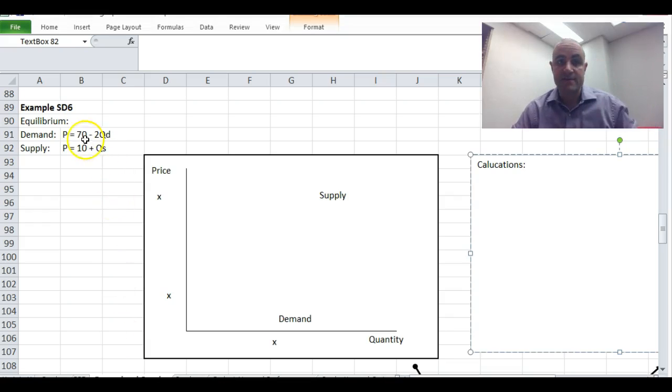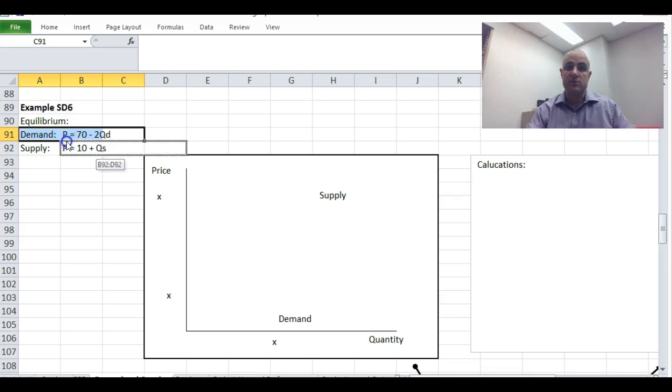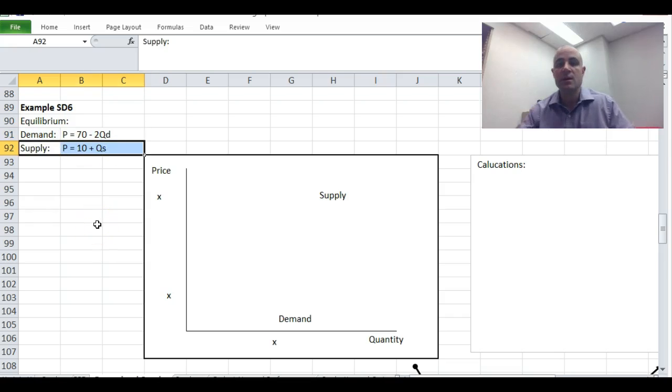So let's say we have a demand equation of price equals 70 minus 2 QD. Supply has an equation of price equals 10 plus 2 QS. So if we go ahead and graph this,